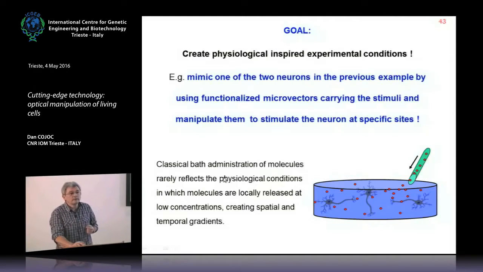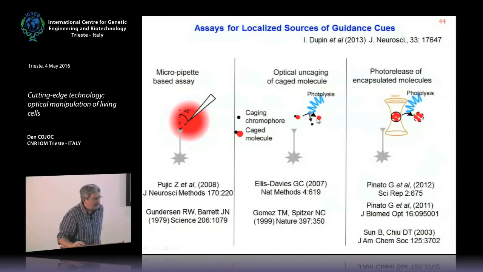You also saw in the previous presentation that moving the laser, so creating gradients, induces a reaction of the cell. Because if you just shine light on the whole cell, the situation changes but then remains fixed. There are spatial gradients and temporal gradients, which are very important. There are different ways to